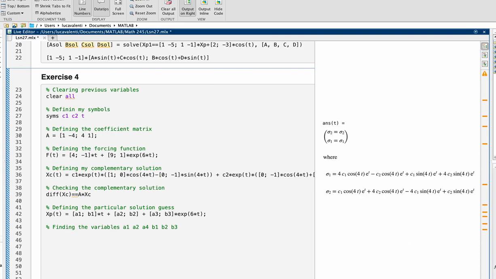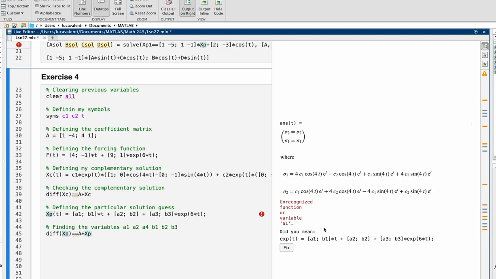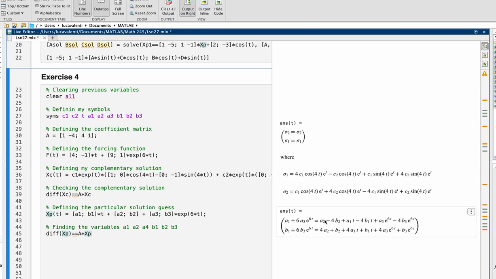So how do we do that? Well, the first thing is we put it back into the equation just like this one, but now we have a p in here, xp. We press Control Enter, and MATLAB is going to output, and it's telling you, hey, I don't recognize the variables because you need to add them up. And I actually waited because I wanted to show you guys adding them up after we wrote it, and then I forgot. But now that we have this, now we want to match the coefficients